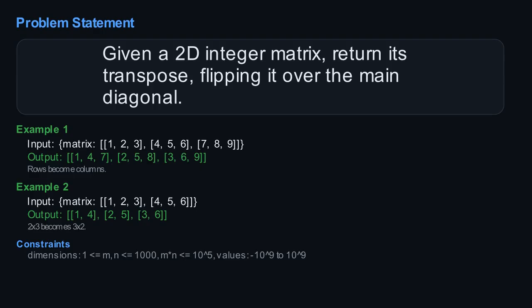In plain English, the constraint is that every element at a specific row and column position must move to a new position where the row index and column index are swapped. If an element is at row 0 and column 1, it must move to row 1 and column 0. This requires a precise coordination of indices to ensure no data is lost and every single number finds its new